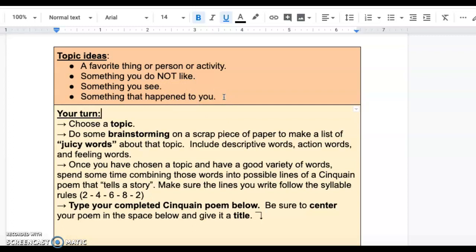I think it's really hard to do any sort of true brainstorming on a device, be that a computer, a laptop, or an iPad. So having some paper that you can scribble on and not worry about neatness, and you can cross things out and draw arrows and circle, I think that's where you can be your most creative.